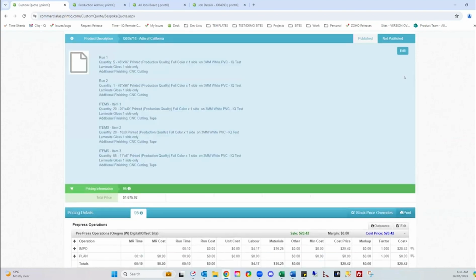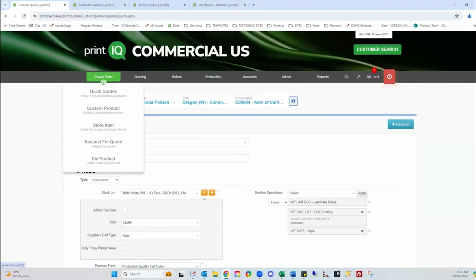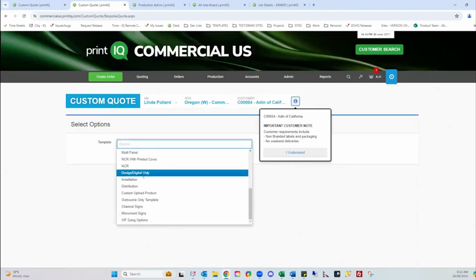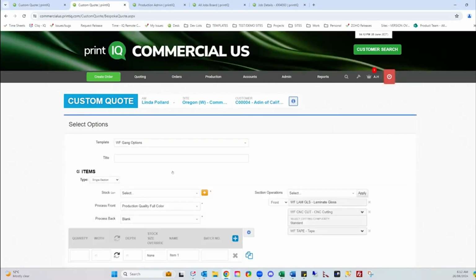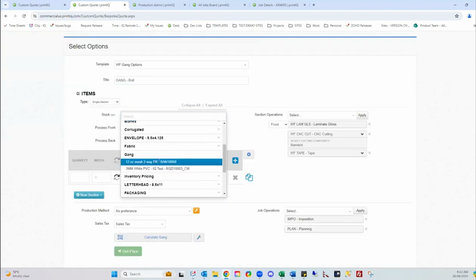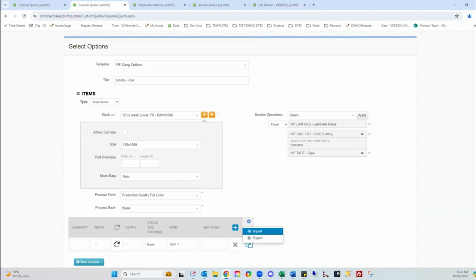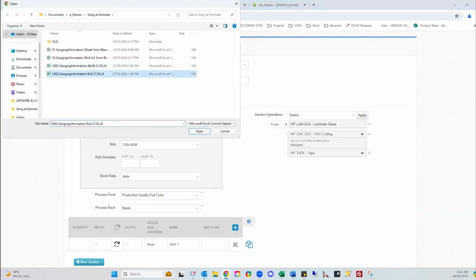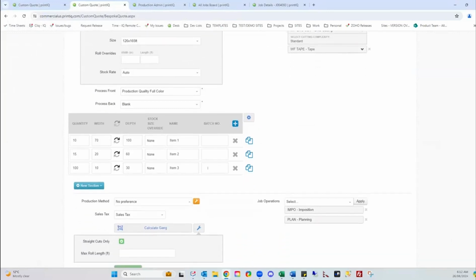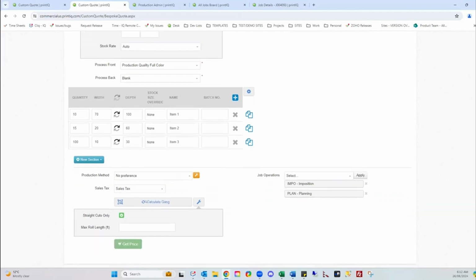So this works on sheet-based items. It also works on rolls. I'll just do a quick example of a roll-based quote. Okay, so in this example, we've got a roll, and what we can do is when we calculate the gang